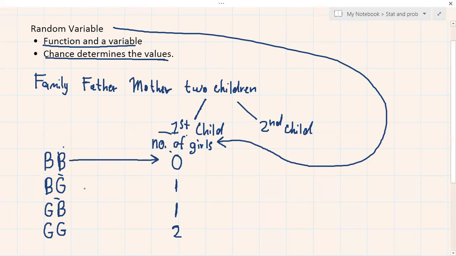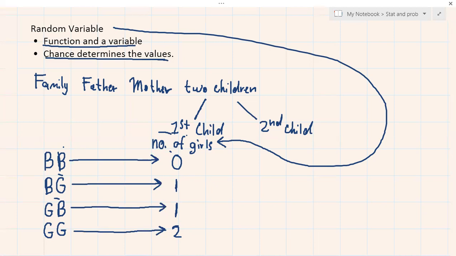So, wala. Okay? Then, next, second outcome, mauna si boy bago si girl. Ibig sabihin nun, at least meron kang isang babae na anak sa family. Then, sa third outcome, first child si babae, tapos second child ay lalaki. So, at least meron ka pa rin isang babae na anak sa family. Then, last but not the least, you have the last possible outcome wherein dalawang babae ang magiging anak mo in the future.